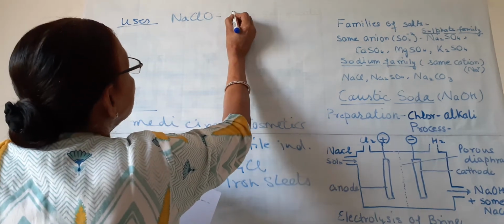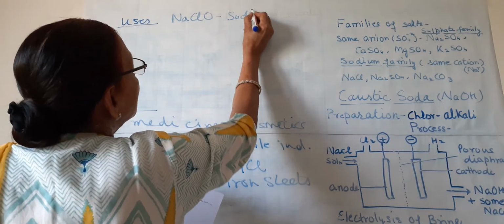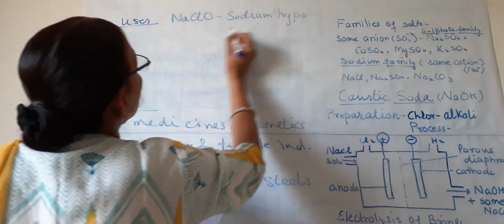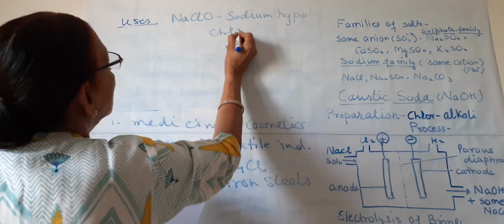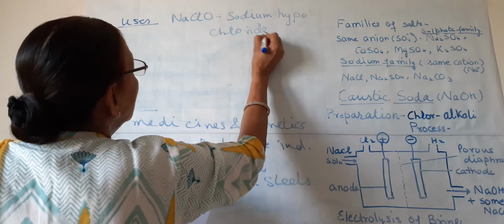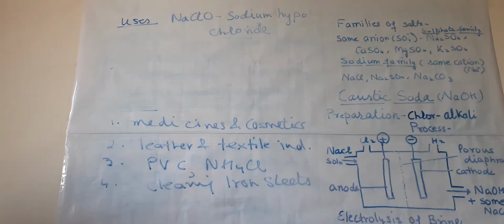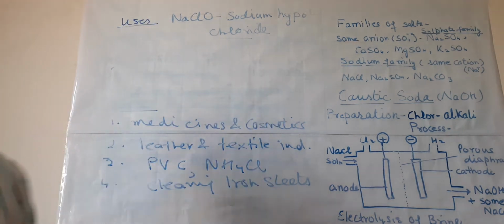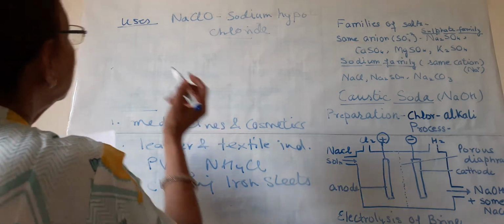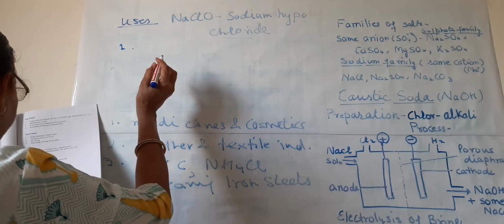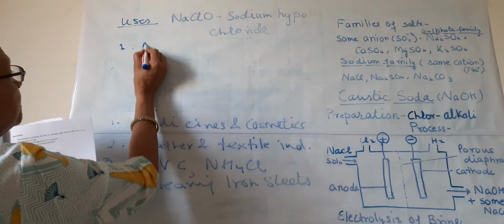The chemical name is sodium hypochlorite. You have to learn this chemical name as well as the formula of sodium hypochlorite, and it is a bleach. So it is used as bleach,